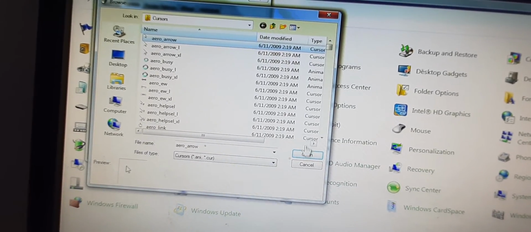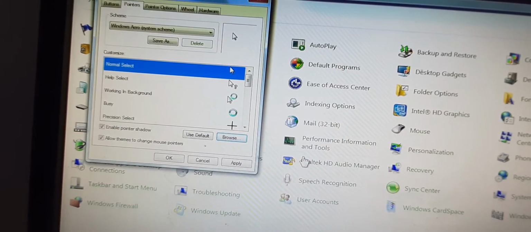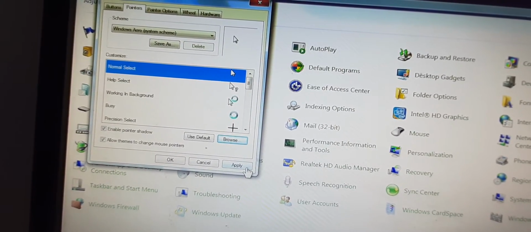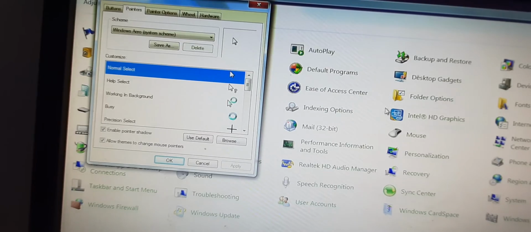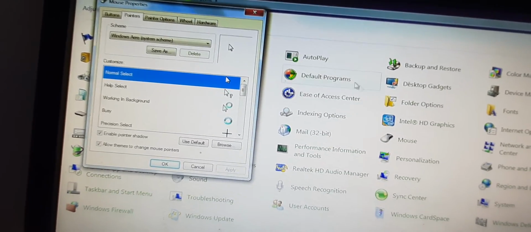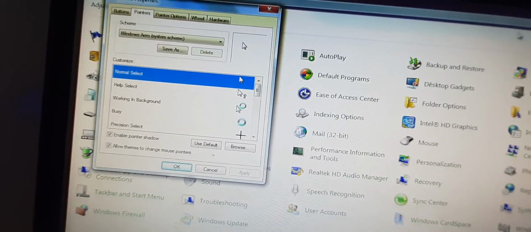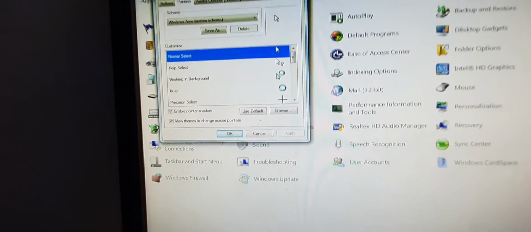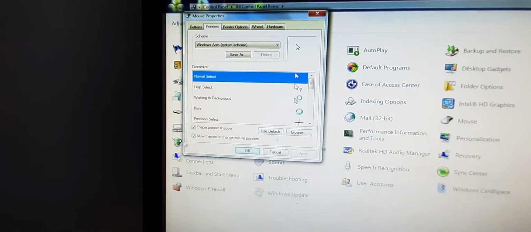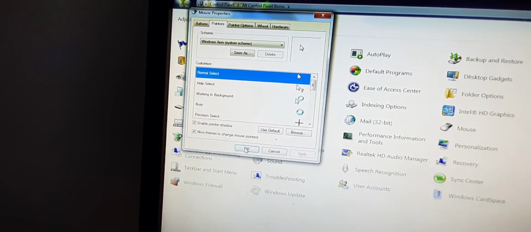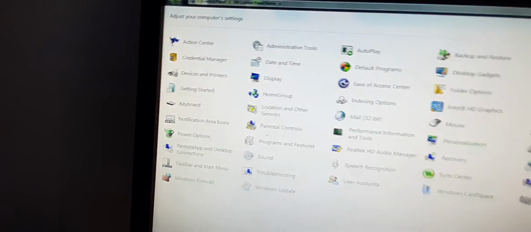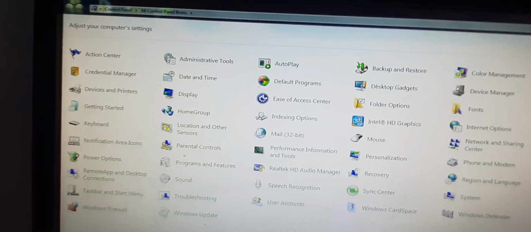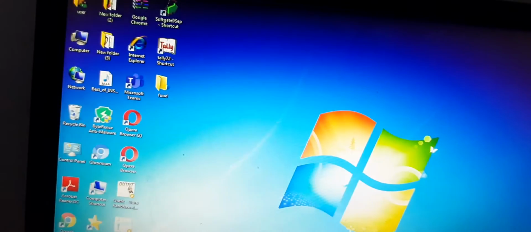Okay, we will open it, we will apply it, and again it will change to original pointer. Okay, this way you can change the setting of the pointer. Okay children, now this was about control panel, right?